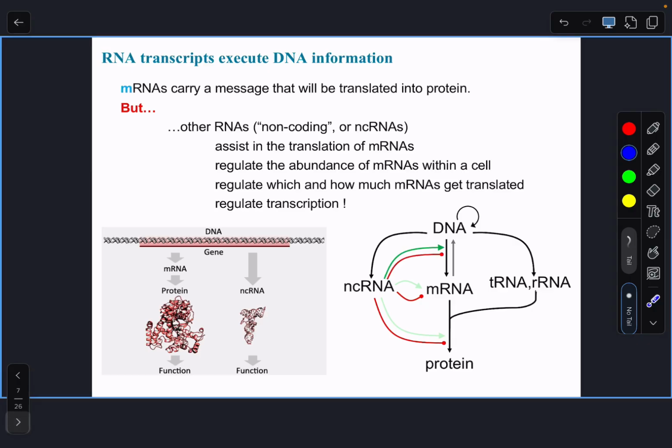And there are also, and these are just equally important, RNAs that regulate transcription. And I have a little exclamation mark there because these are newer. They've been around for as long as life has, but we've known about them more recently. Okay? These are RNAs that will facilitate or slow down the process of transcription itself. So they will go to where DNA interacts with RNA polymerases to transcribe certain genes,